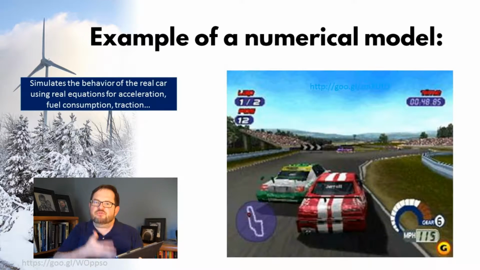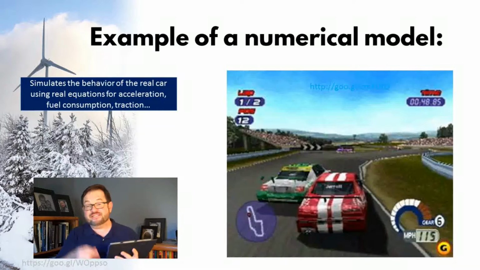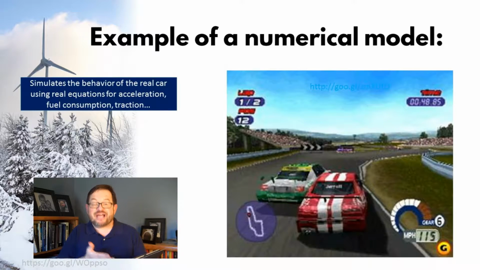Right? You'd always see the same outcome of the game, winning the game. It's because the game follows real physics about how fast the car can accelerate, and the car has to actually stop and get gas. I mean, it's not even a real car. Why does it need gas? Because it's following the rules, and the car goes faster when the gas tank is low because the car doesn't weigh as much, and all this kind of stuff. All the basic laws of the physics of the situation, like how often you have to change the tires, are being modeled here. This is an example of a numerical model that you've probably messed with.